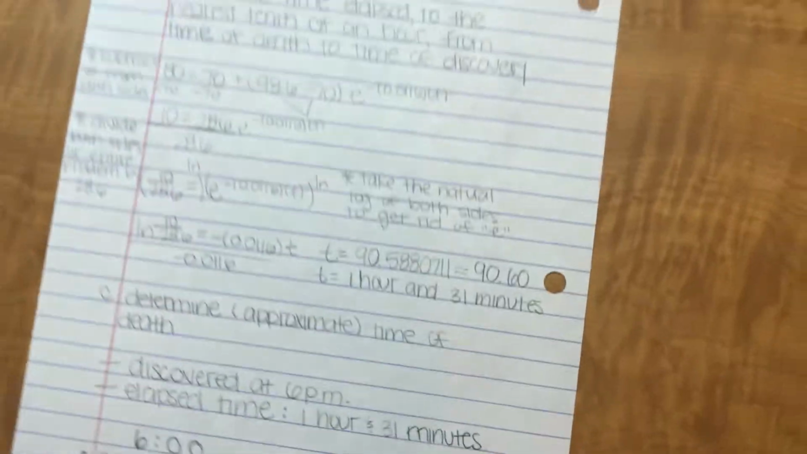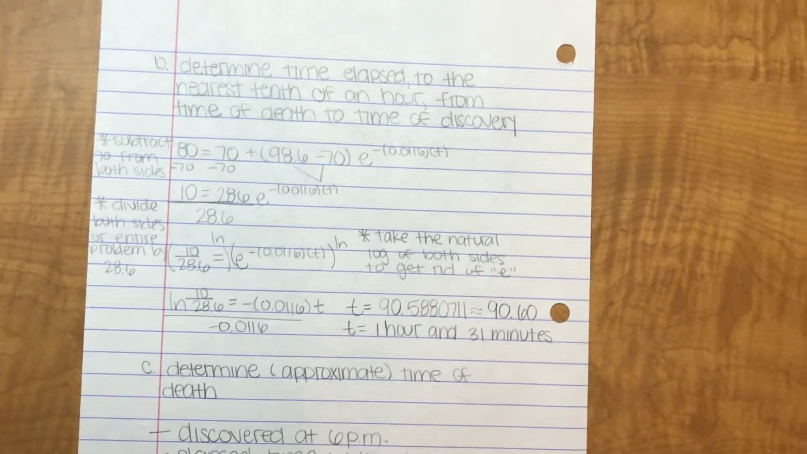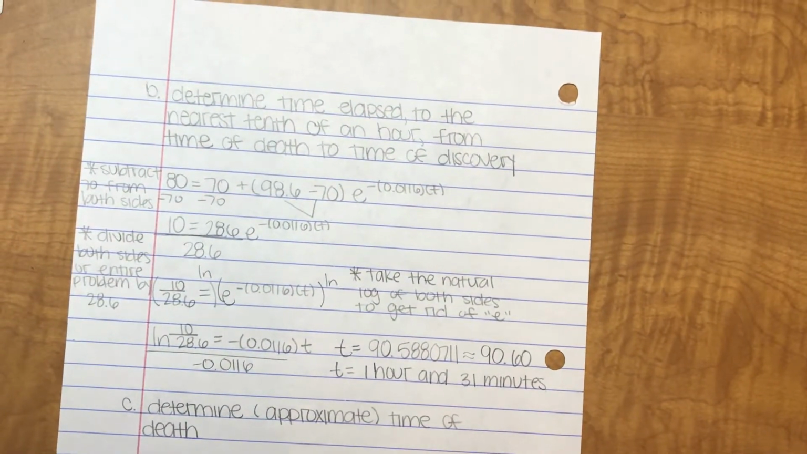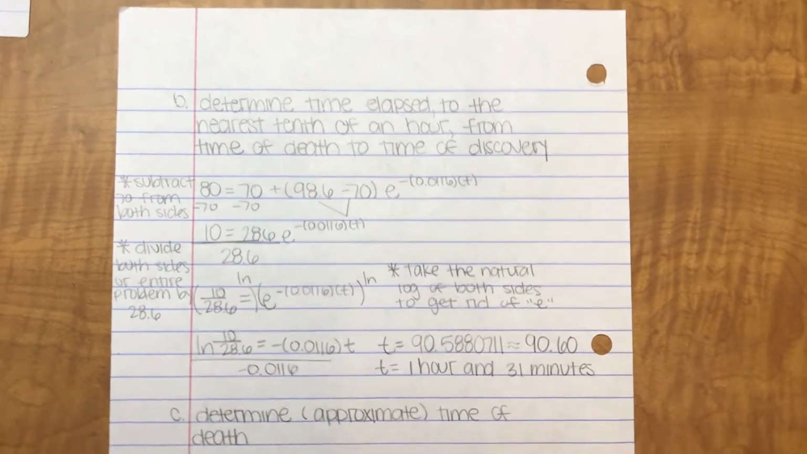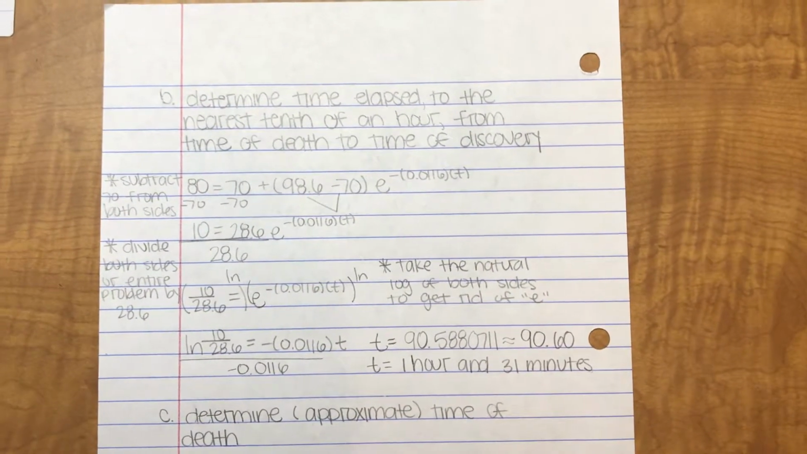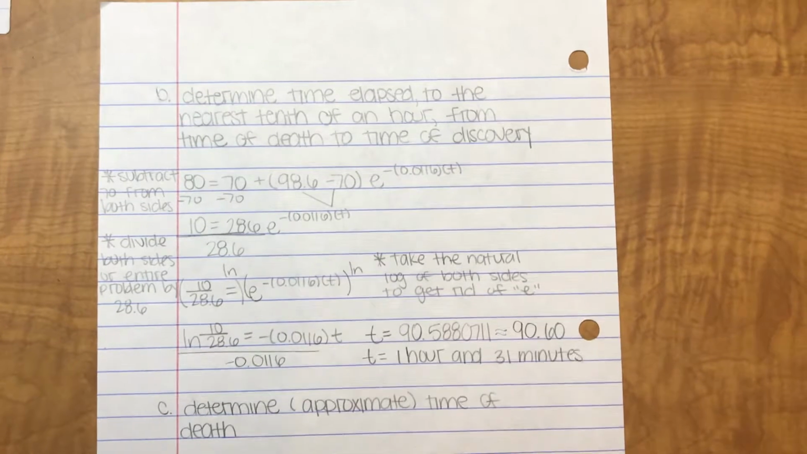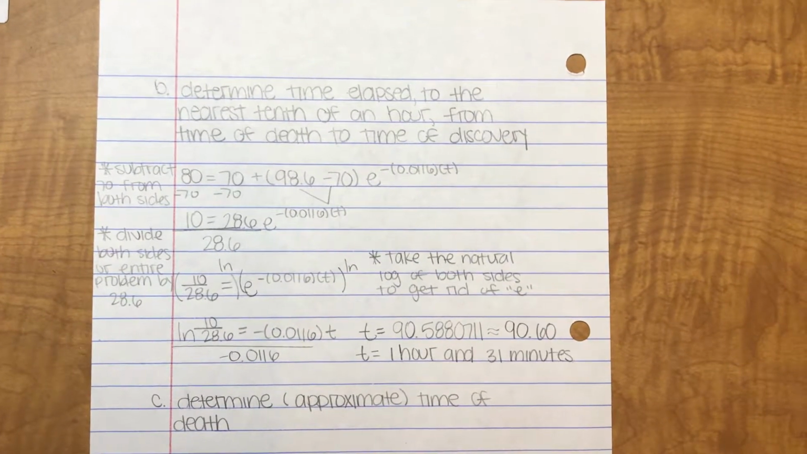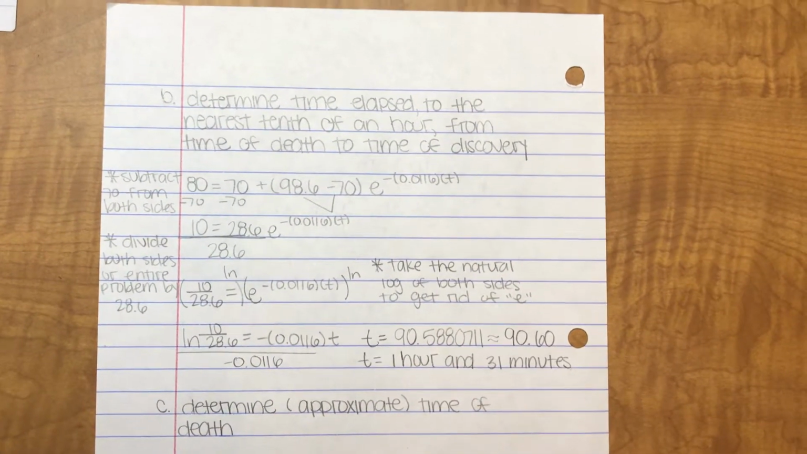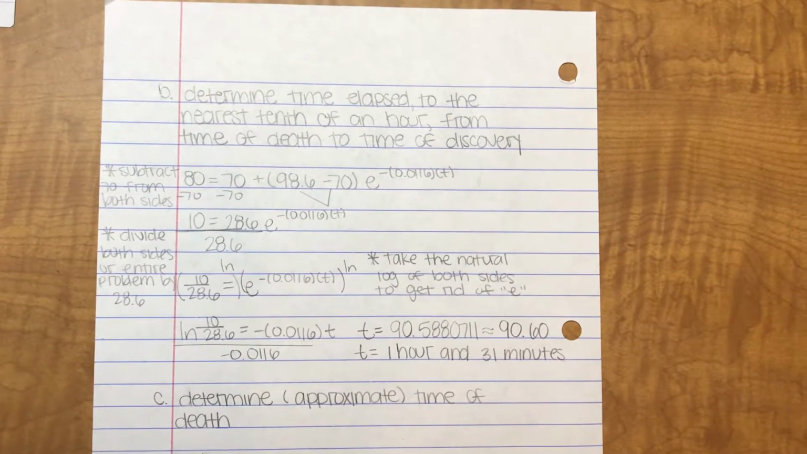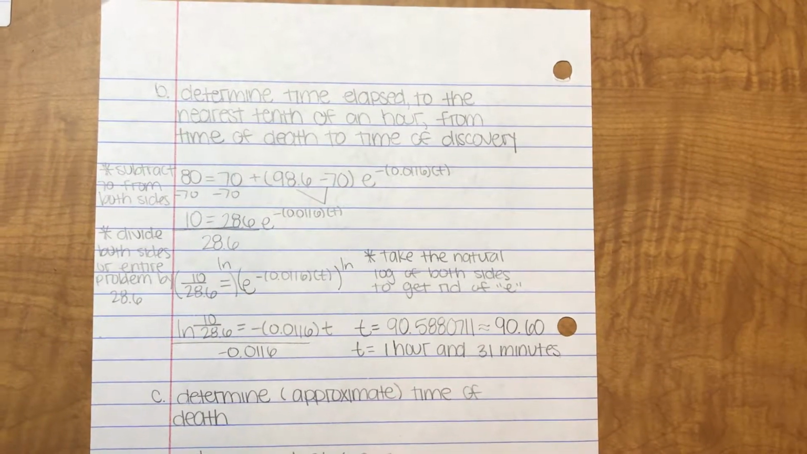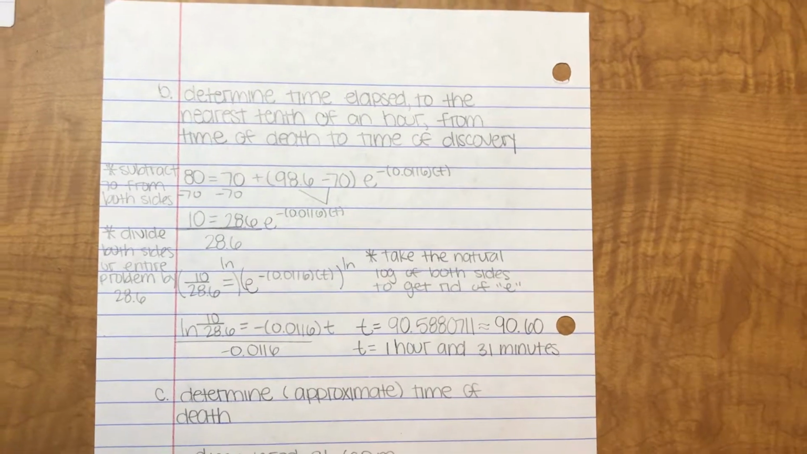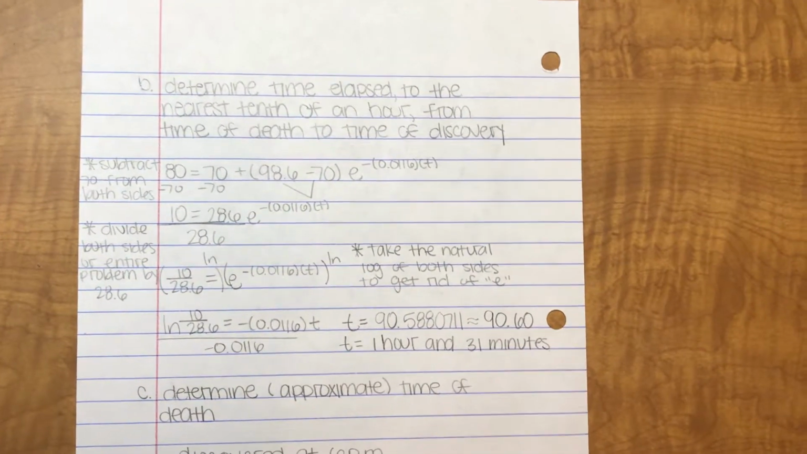Now, to solve for B, which is determining the time elapsed from the time of death to the time of discovery, I will use the k that I got in part A, and I will also use the 98.6 that I know already. And then a few of the numbers will be switched around. So you have 80 is equal to 70 plus parenthesis 98.6 minus 70 close parenthesis times e to the power of negative